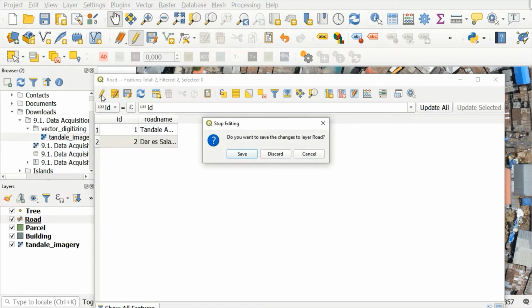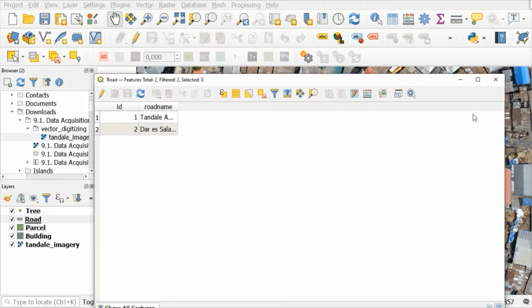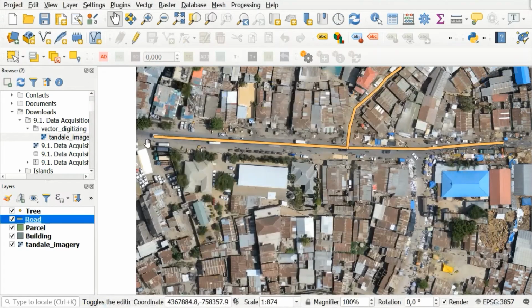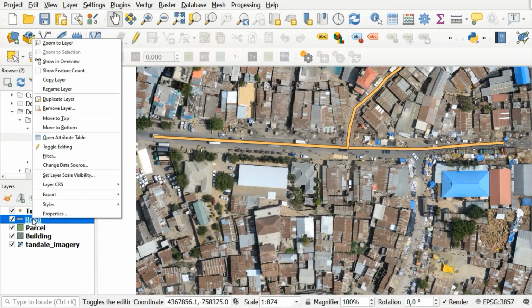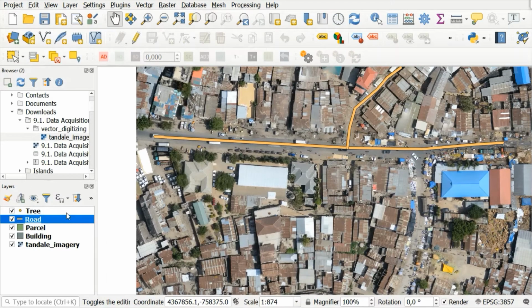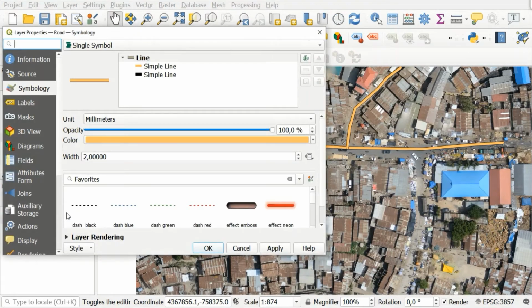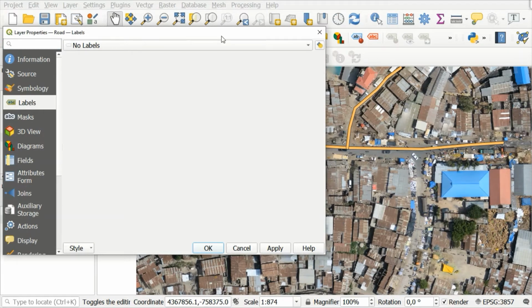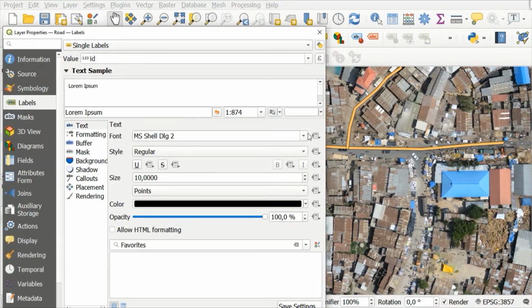And then you click on the stop editing and save your changes. Okay, so now that we have given our roads names, we can proceed to add labeling. So you click on properties, and then you go to labels, just under symbology, change it to single labels, change the value to road name,